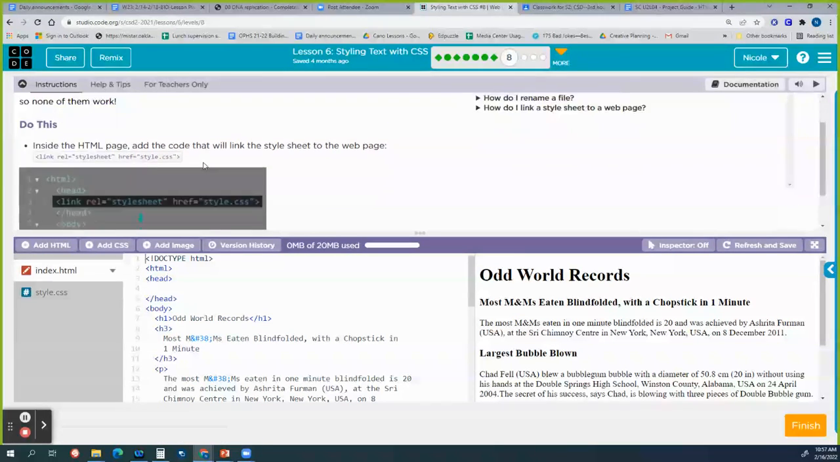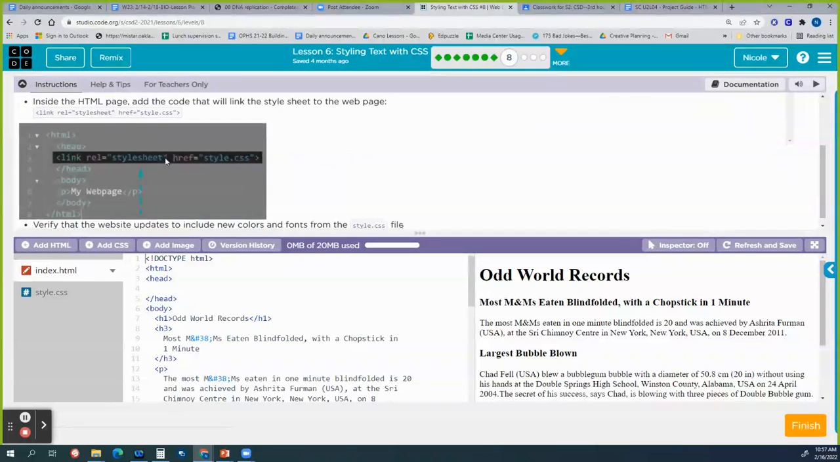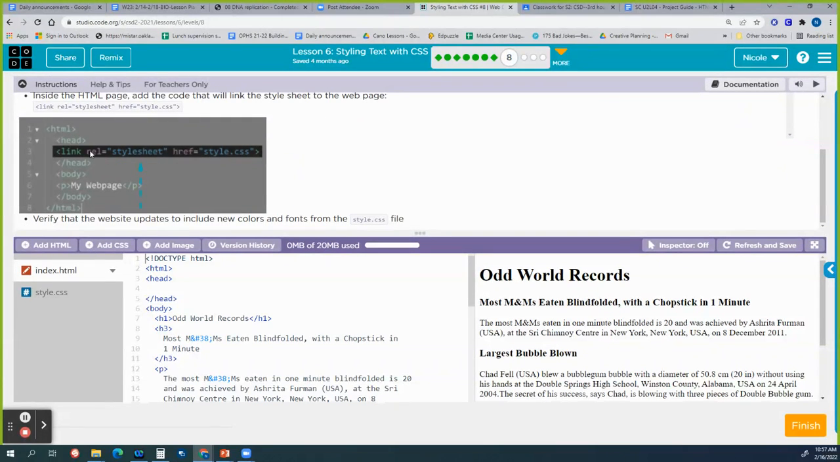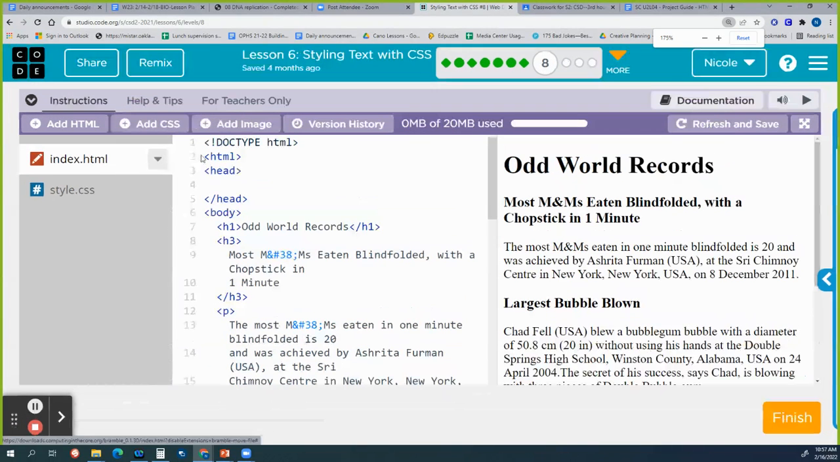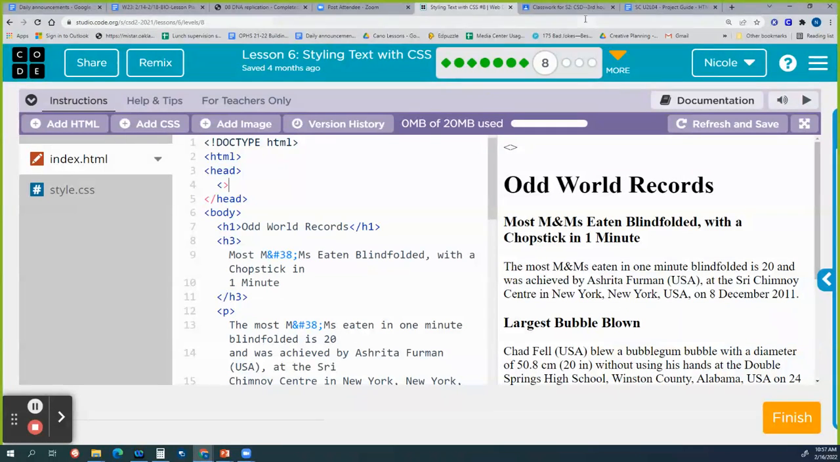So it tells us how right here. Inside the HTML page, add the code that will link the style sheet to the web page. And that is going to be link rel style sheet href style. Okay, where does this go? This goes up here in the heading space. I'm going to go ahead and make this a little bit bigger so it's easier to see. So right here on line 4, I'm going to do an opening and closing tag. I am going to tell it to link